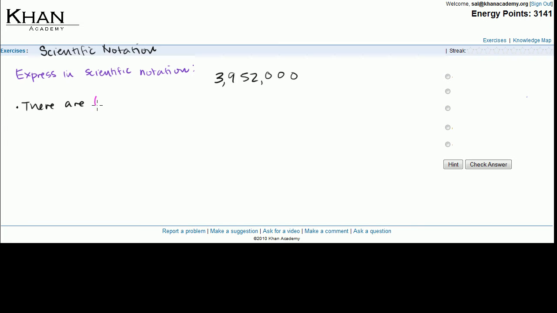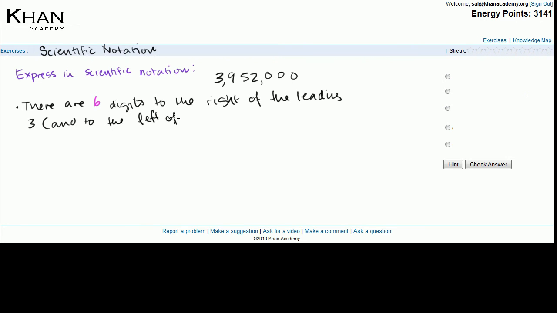There are 6 digits to the right of the leading 3, and to the left of the decimal,